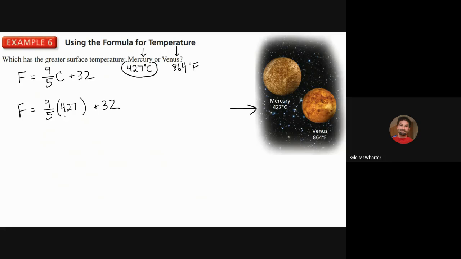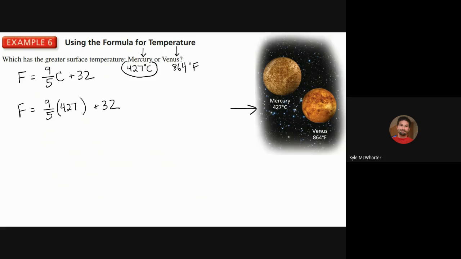Okay, so now I'm going to need Mr. Calculator. And when you're doing a fraction times an integer, you can think of the integer as being 427 over 1, and then you multiply the tops and then multiply the bottoms. And a shortcutty way is to take the 427 and multiply by 9 and then divide by 5. So I'm going to grab a calculator. Excuse me. I'm going to do 427 times 9 divided by 5,